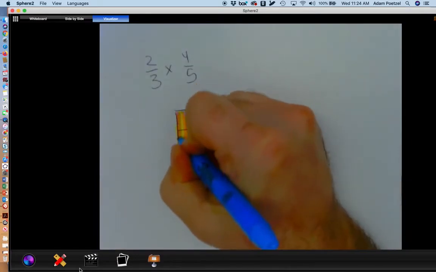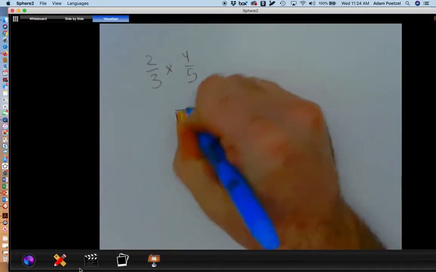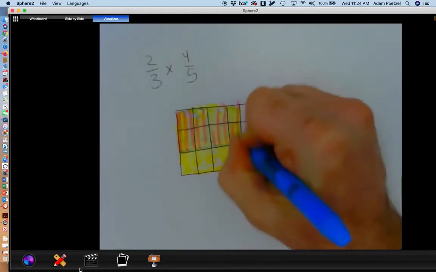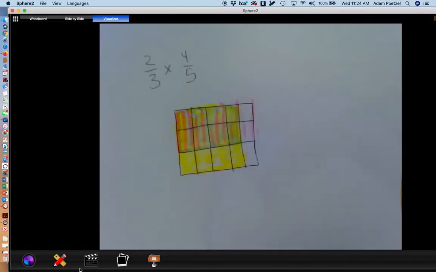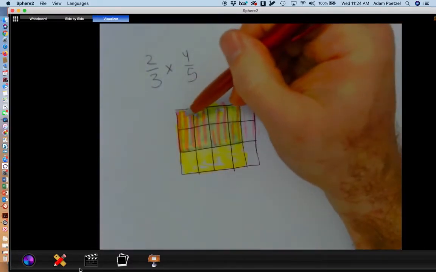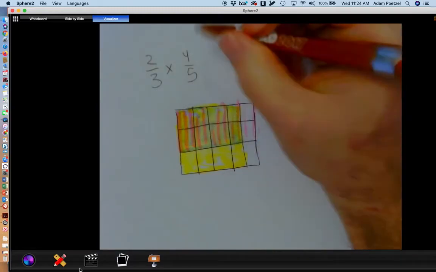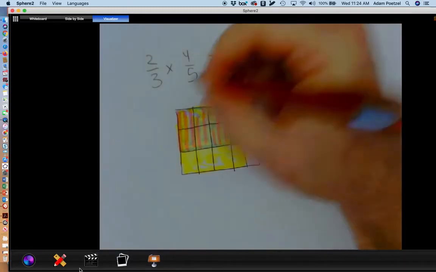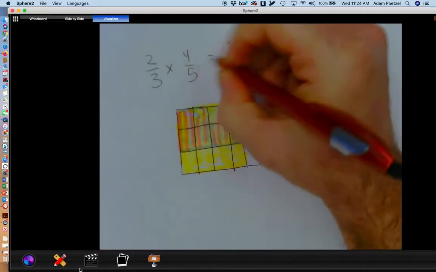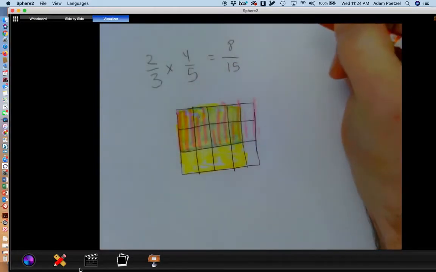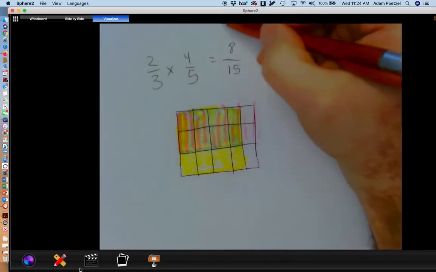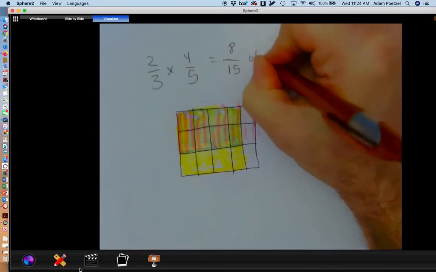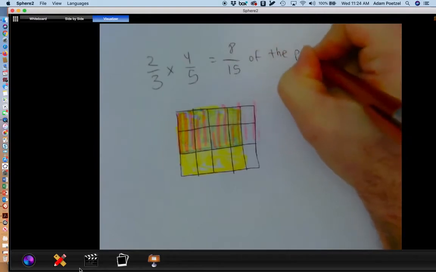But we see that 2/3 of the yellow amount would be the one that's overlapping right here. And that area where they're overlapped represents 2/3 of the brownies that were left. And how much is that? Well, we see that would be 8 pieces. Out of the whole pan, there would have been 15 pieces in the whole pan of that size. And so the visual here just helps us see that she would have eaten 8/15 of the pan total